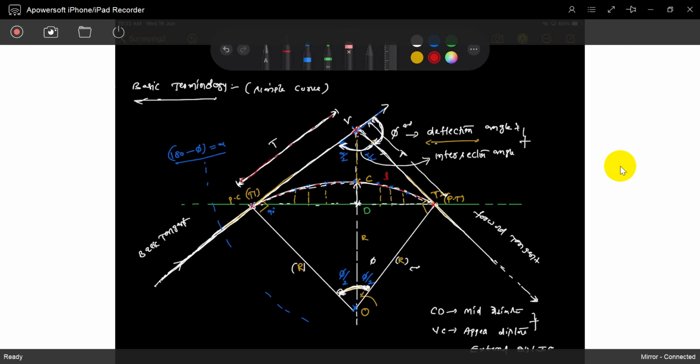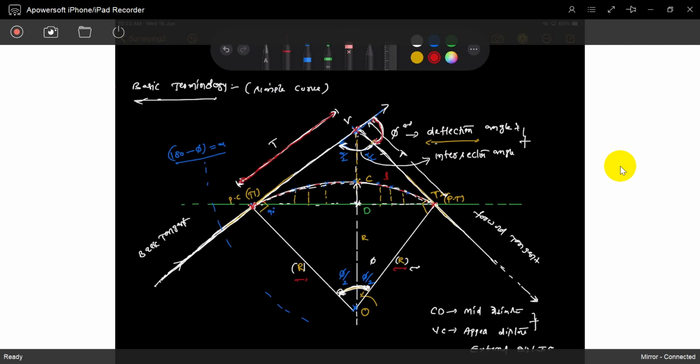From where we start the curve, we have to identify this point. So how can we fix this point? Based on this tangent length. What is this tangent length? It is not fixed. We can calculate it based on this intersection. This is the deflection angle, and based on this radius. The deflection angle is based on the straight line survey, but these are based on the vehicle characteristics.